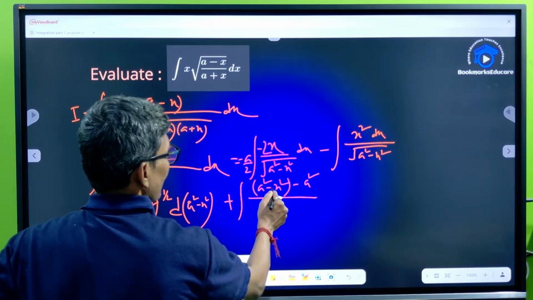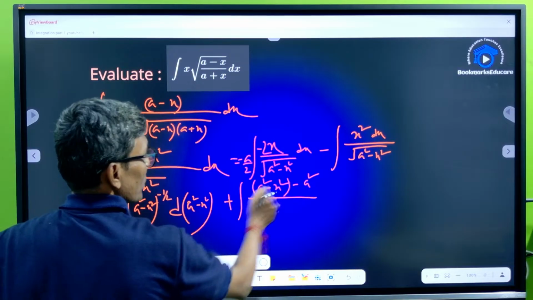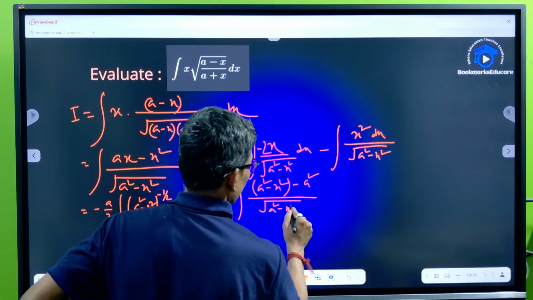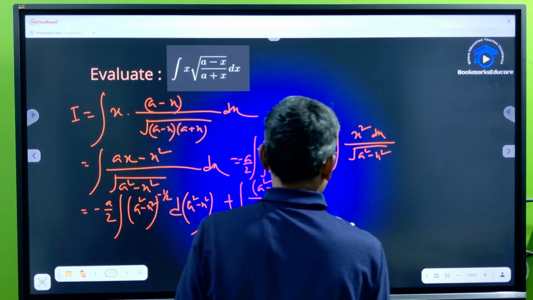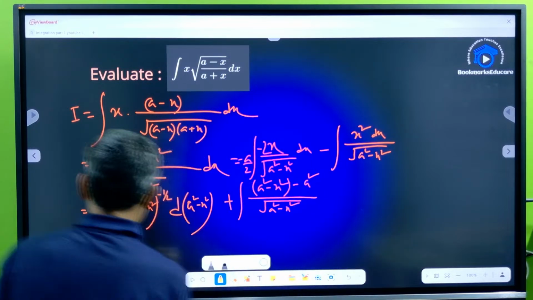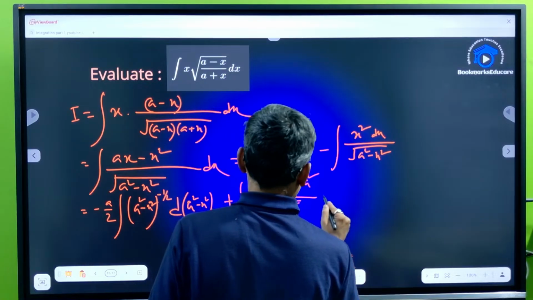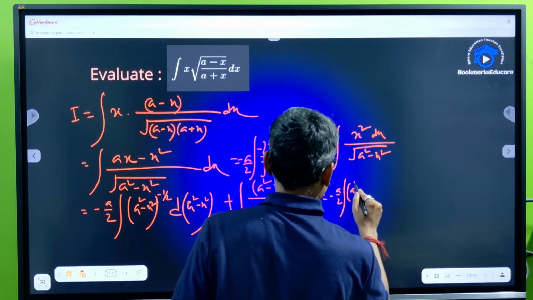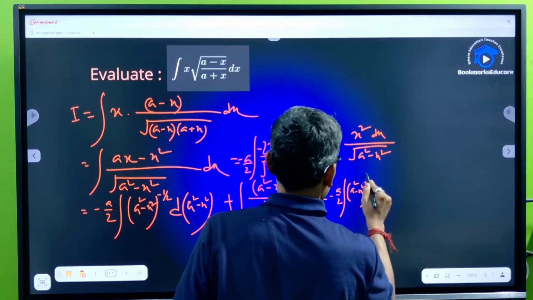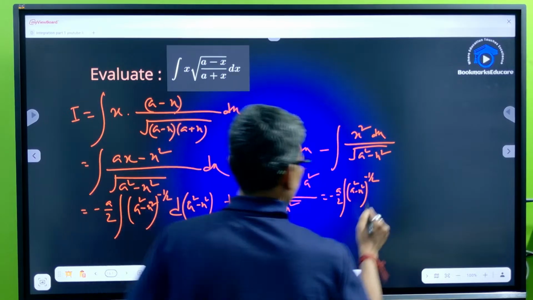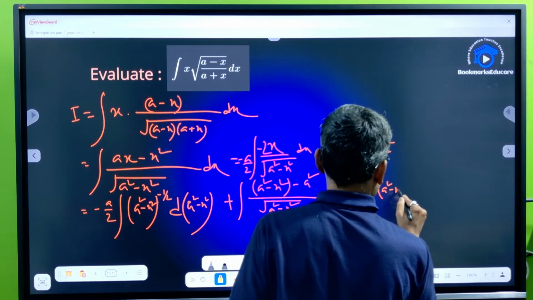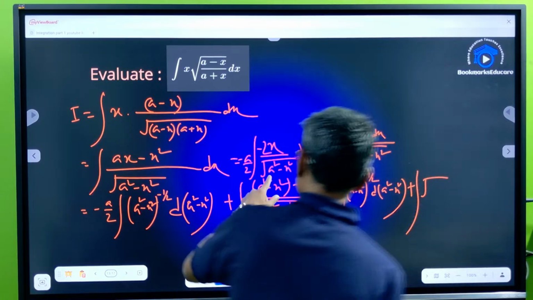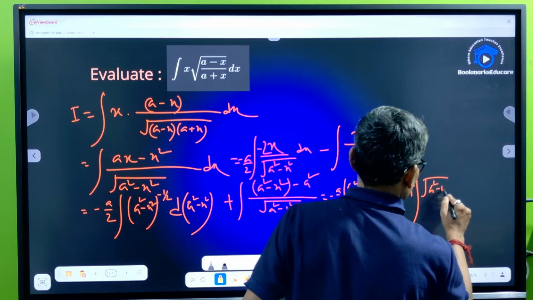So the square gets eliminated, and with the minus x coming out, it will become minus. So minus a by 2 integration of (a square minus x square) to the power minus half d of (a square minus x square), plus split it, so this becomes this by this, meaning a square minus